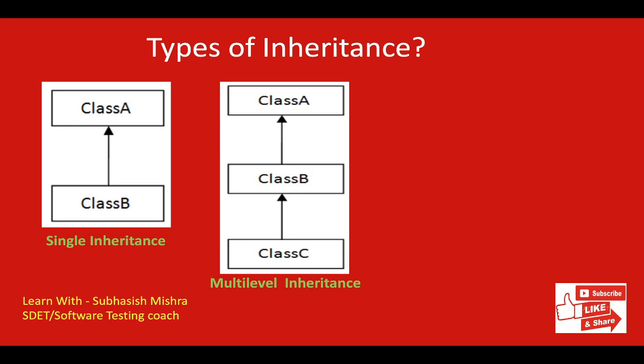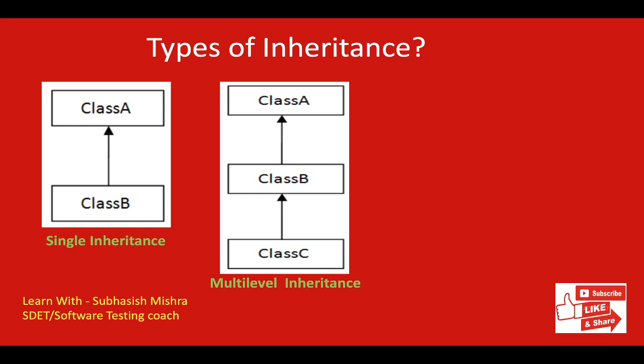In multi-level inheritance, there is a concept of grandparent class. If we take the example of this diagram, then class C inherits class B and class B inherits class A. So which means B is a parent class of C and A is a parent class of B. So in this case, class C is implicitly inheriting the properties and methods of class A along with class B. That's what is called multi-level inheritance.